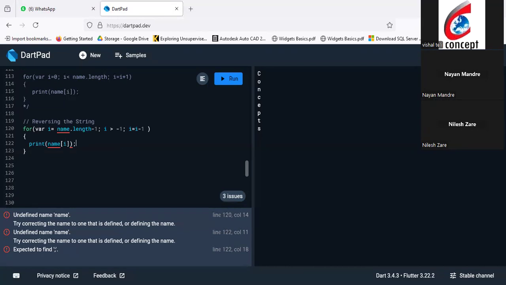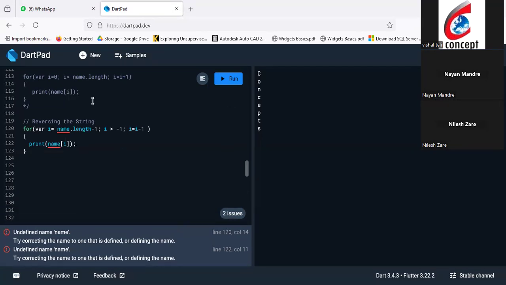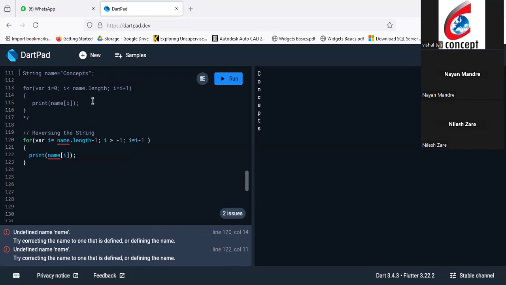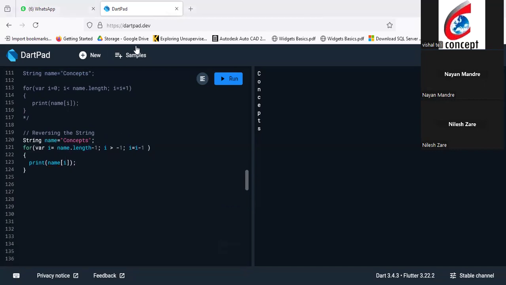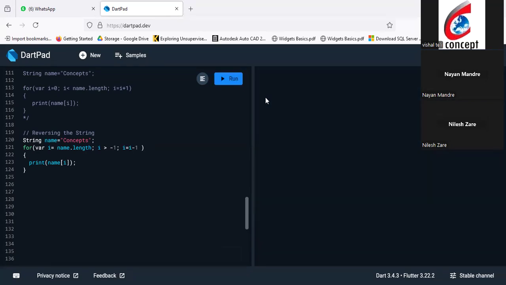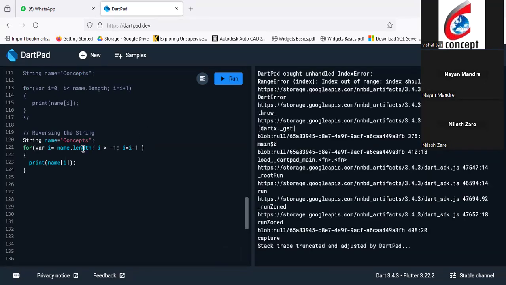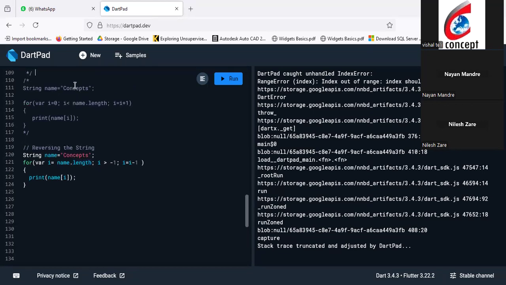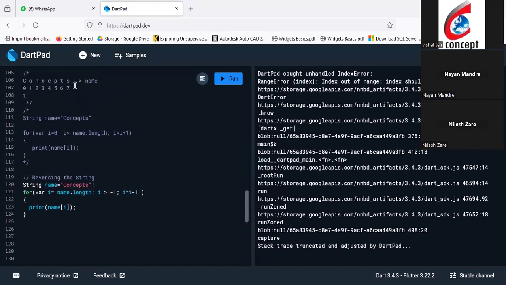Let's run it. I think we commented out this string, so let's copy and paste it in here, the string "concepts", and then we run it. Let's find out. See, it's printing in reverse. If you don't do minus 1, it's going to throw an array index out of bounds error because we don't have that position. Our name dot length returns 8, and we don't have a character at position 8. Look here, we don't have a character at position 8. We have characters